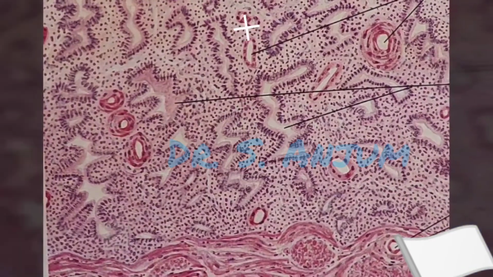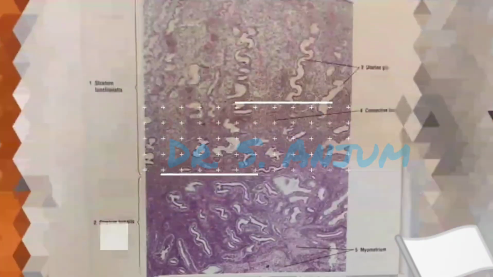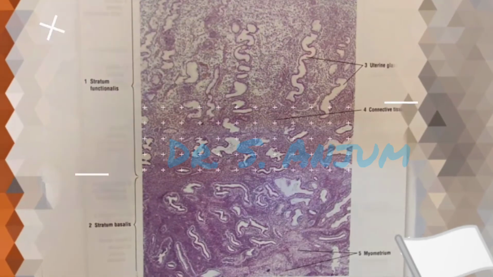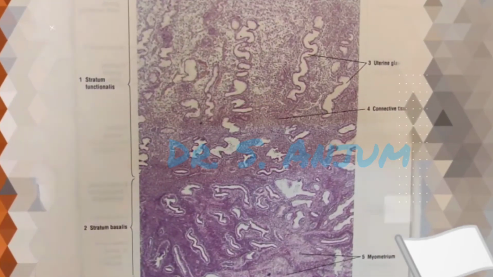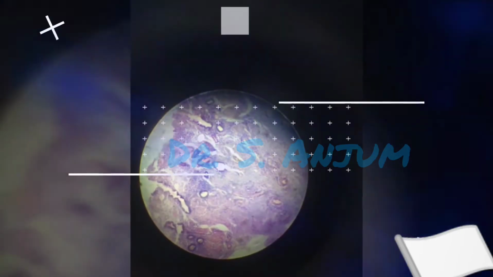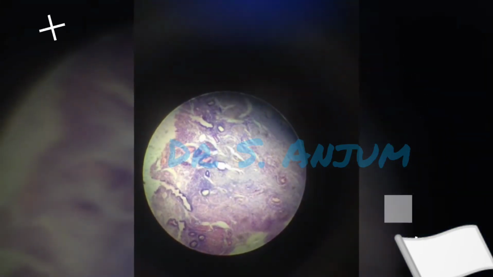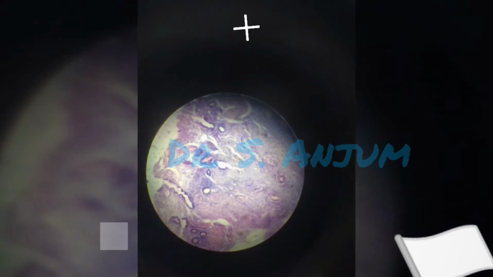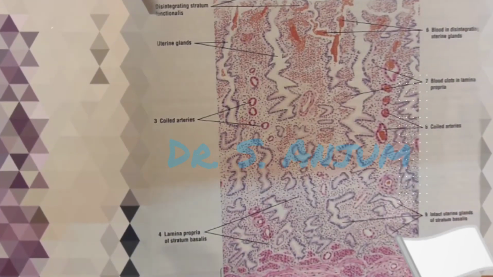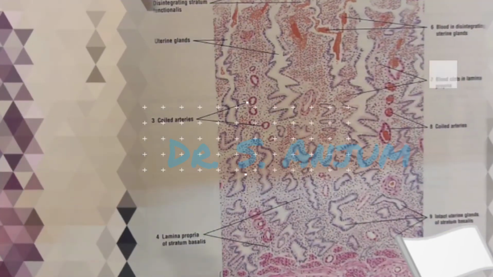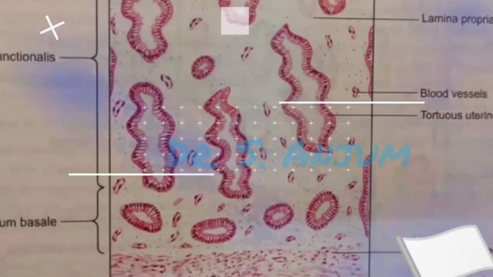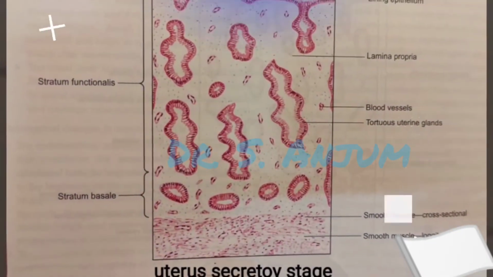The endometrial changes during the menstrual cycle are divided into three parts. The first part is the proliferative phase. The second part is the secretory phase, in which basically the secretory changes occur, and the third part is the menstrual phase, during which there is shedding of endometrium, the start of bleeding, and shedding of the superficial part of the endometrium.